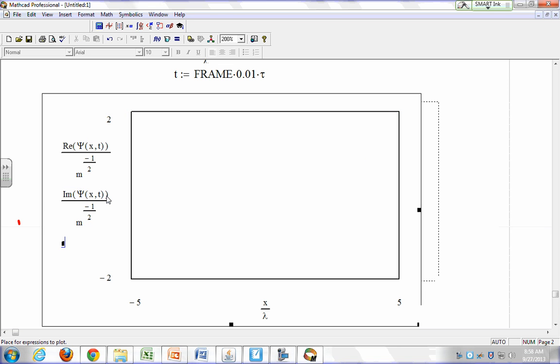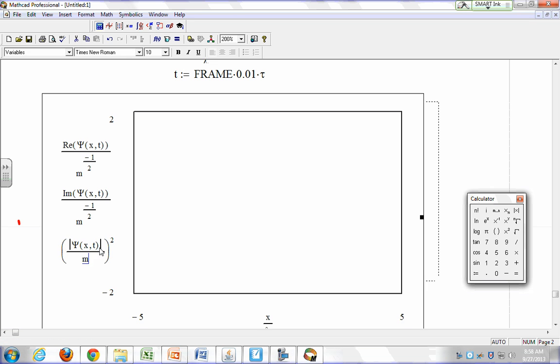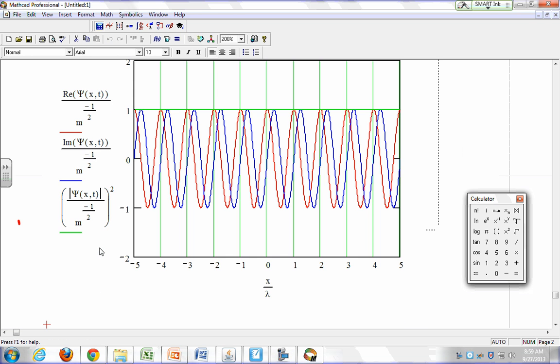So if you want just the absolute value of psi x t squared, okay, so divided by the right unit over m raised to the -1/2, and there's your psi squared right there,